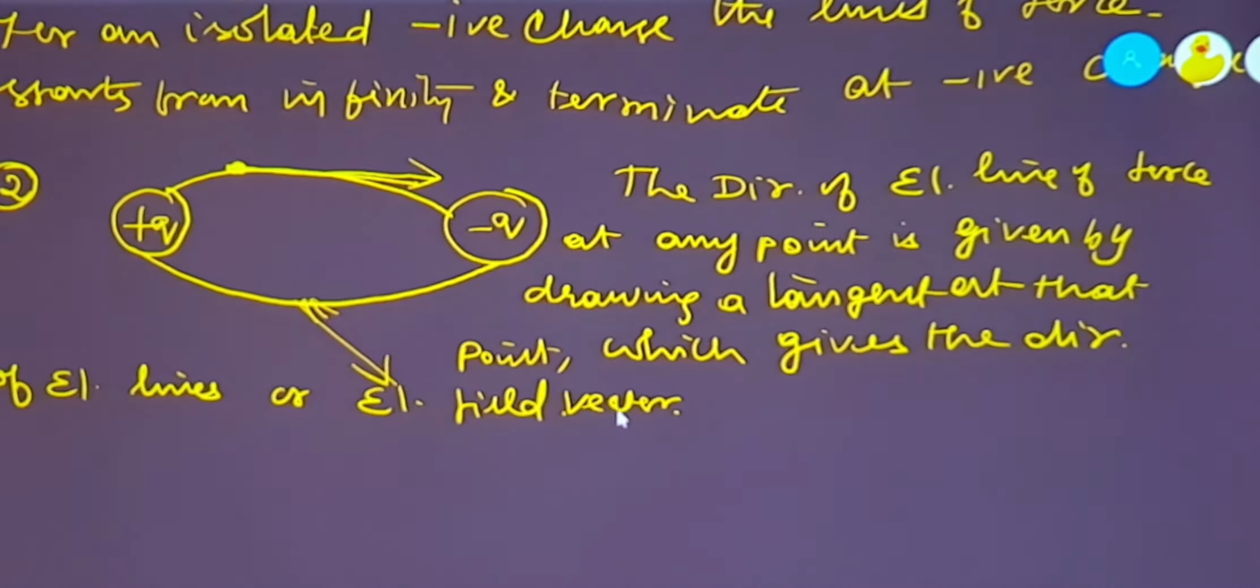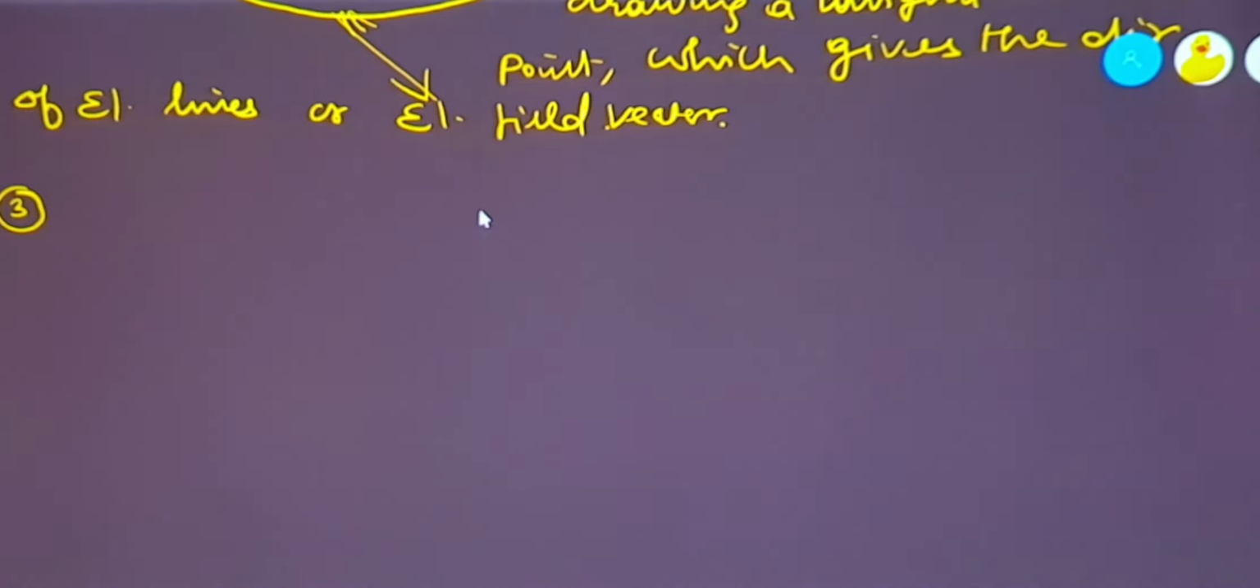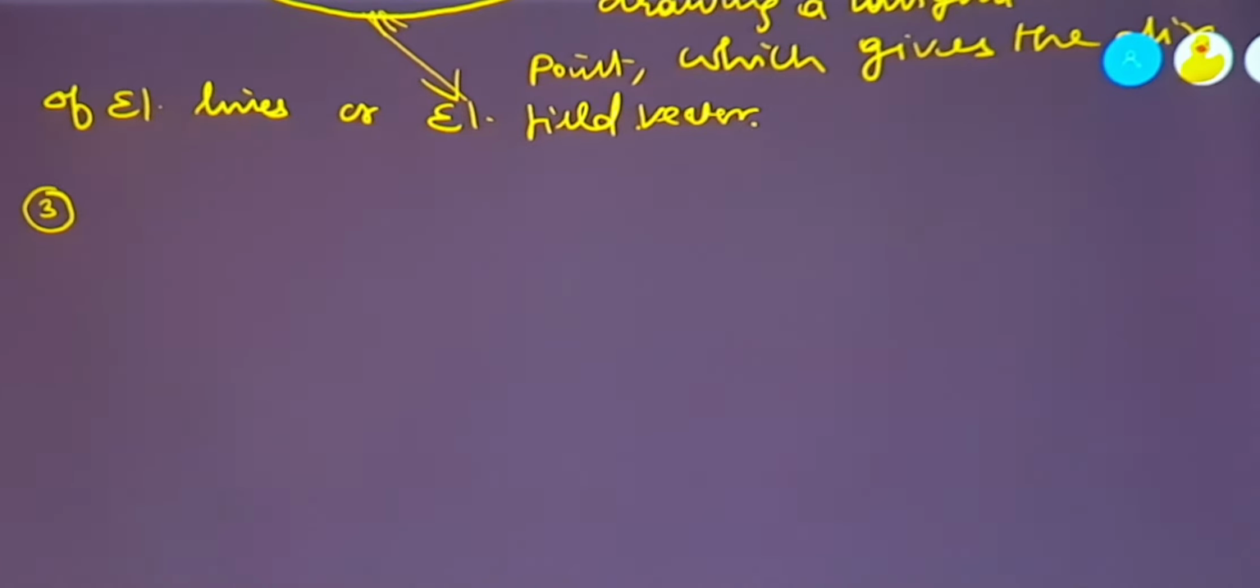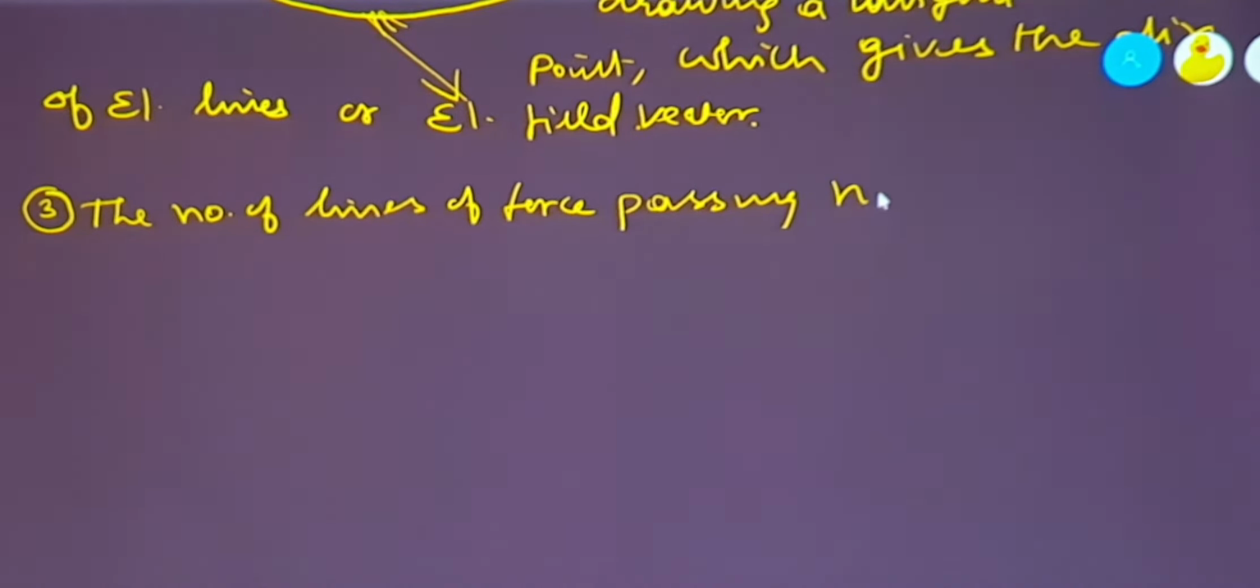No problem. Then point number 3. What is this point number 3? We have to calculate how many electrical lines are passing through the electrical field. Always we can say the electrical lines are passing perpendicularly or normally through the given surface of the electrical field. So the third point is the number of electrical lines of force passing normally